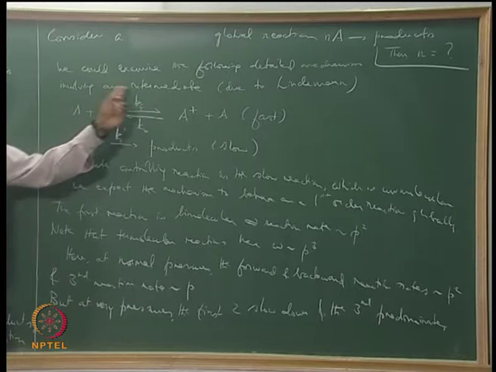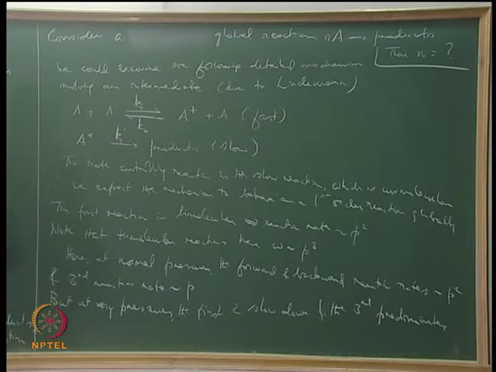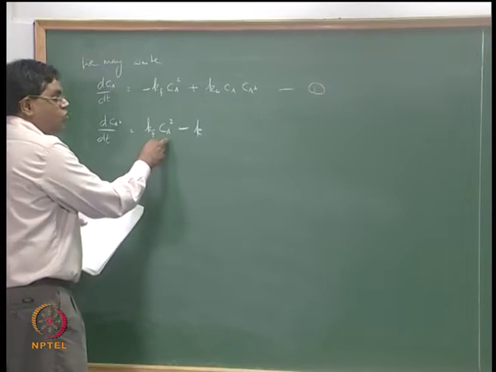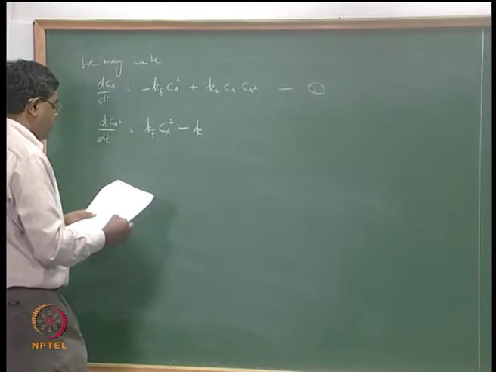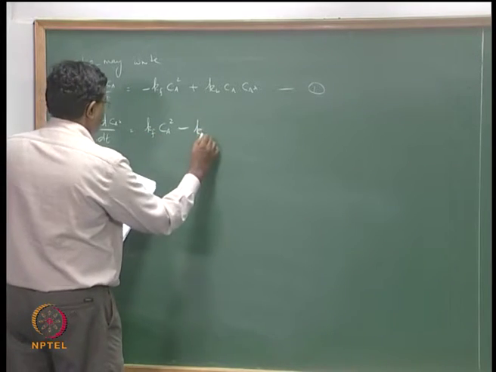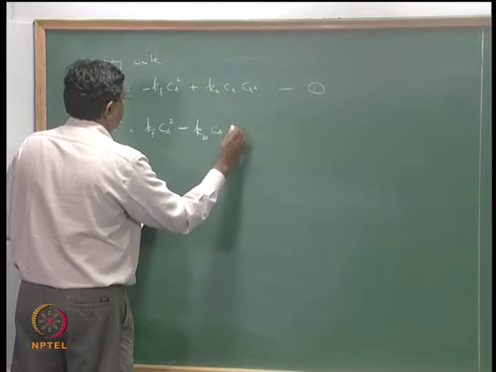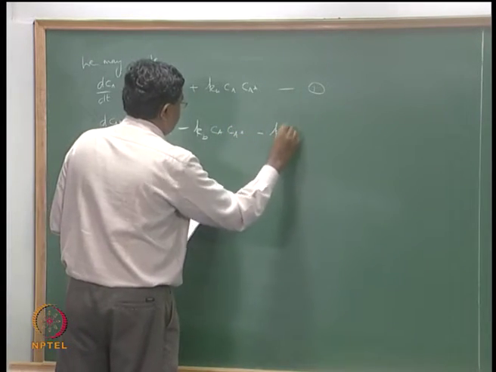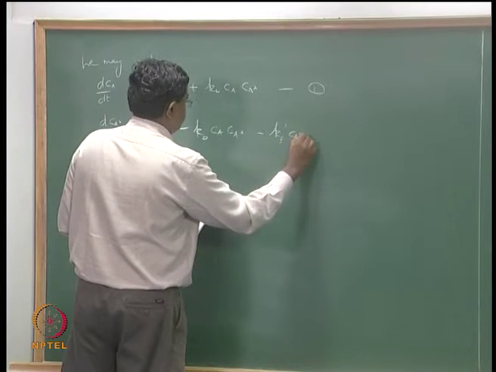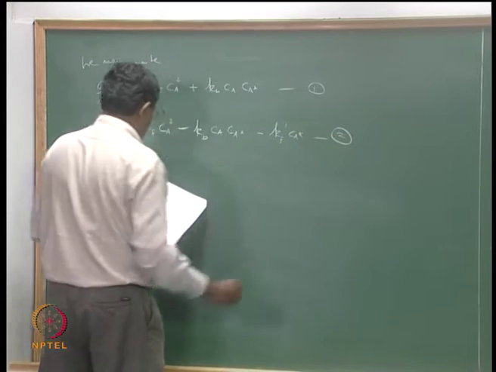There is a reverse reaction there, and the third, right? So kf Ca squared is actually the production rate for A star, but it is also getting depleted twice, which is kb Ca star minus kf prime Ca star. Let's call this 2,